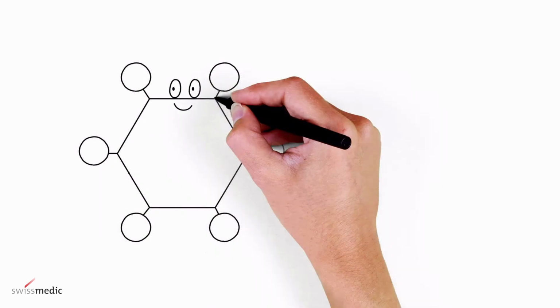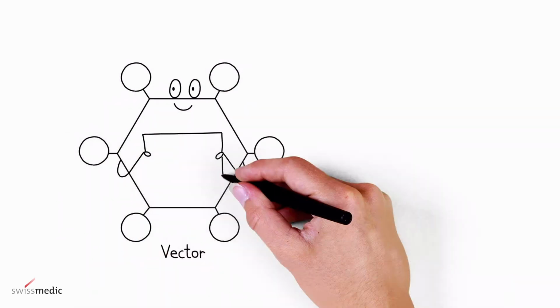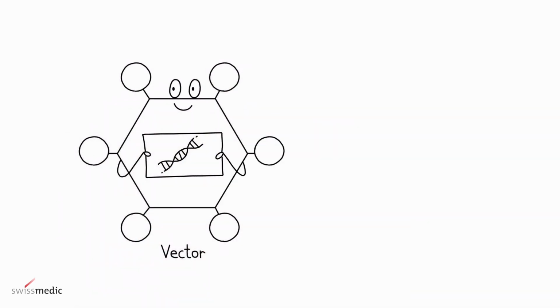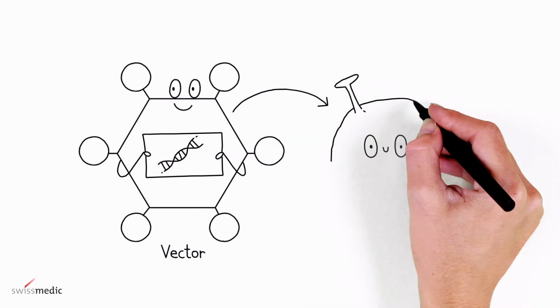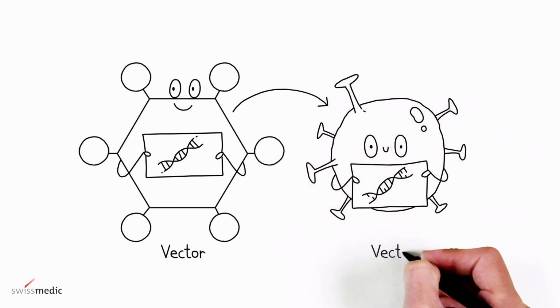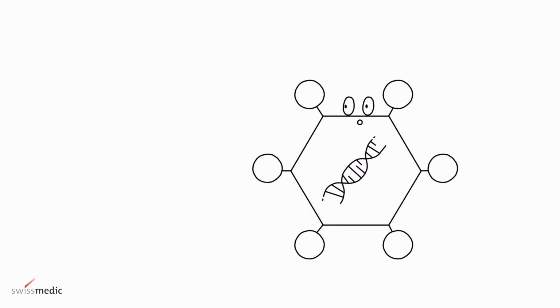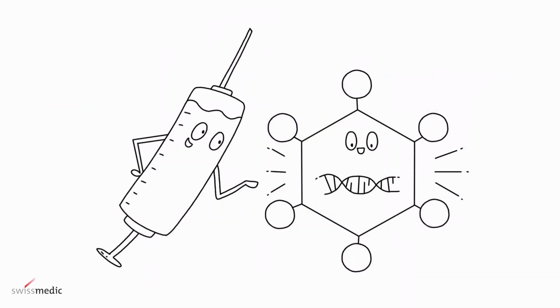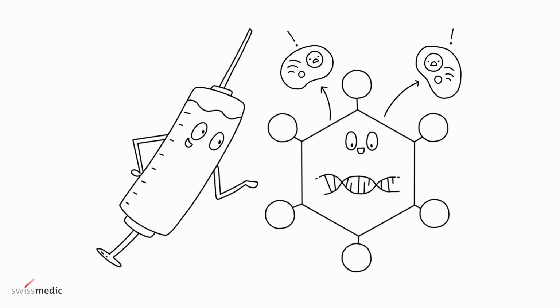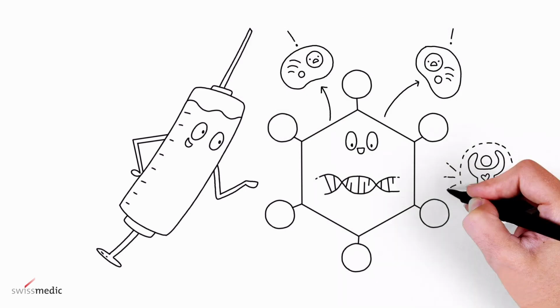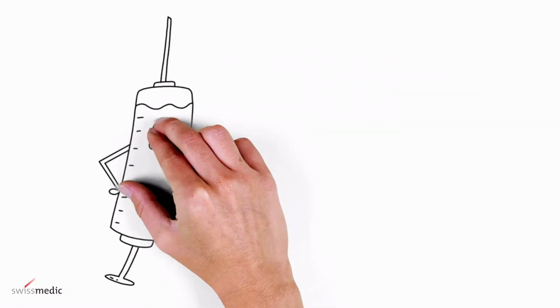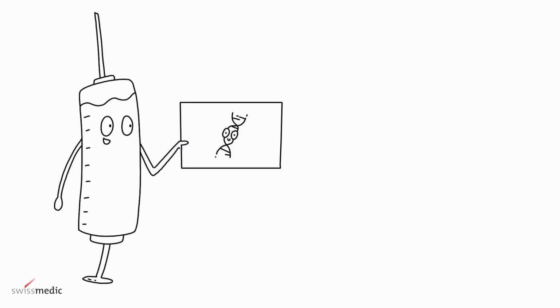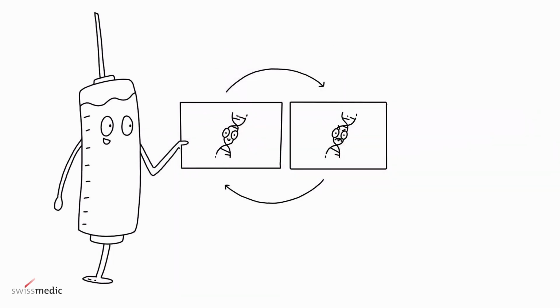The transport vehicle which carries the blueprint of a pathogen's protein into the cells of the body is called a vector. Harmless viruses, for example, can be used as vectors. For safety reasons, when being used for a vaccine, they are modified so that they continue to infect human cells but cannot make people ill. For this purpose, a piece of DNA in the vaccine vector is switched around with the DNA blueprint for a